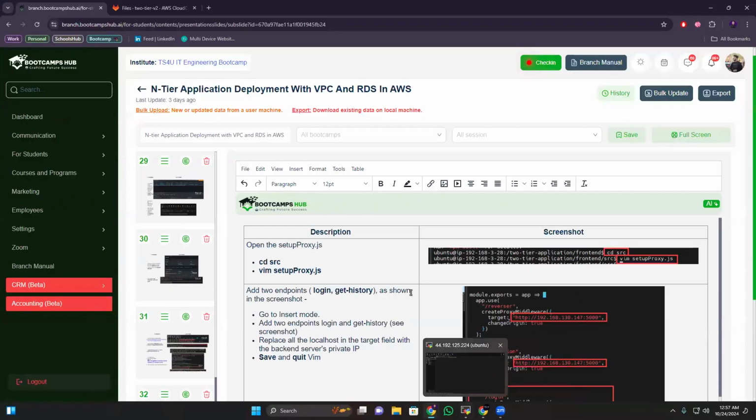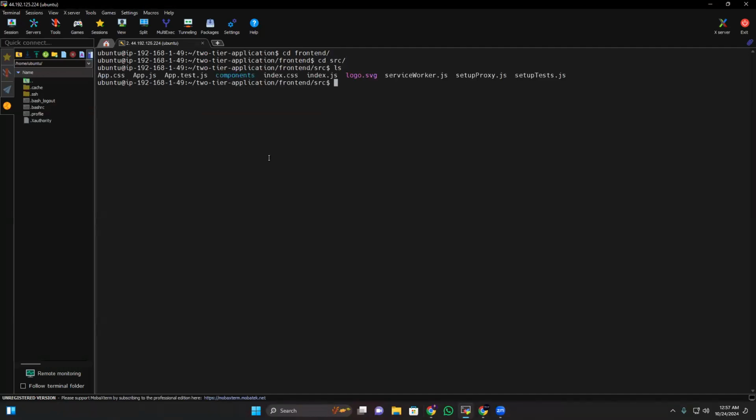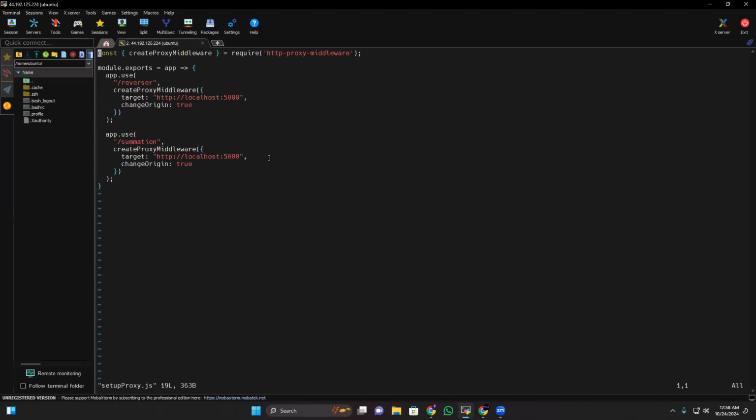So let's do that. Go here, then go to front end, then go to src. Use ls, there should be a setup proxy. So vim setup proxy.js. In here, see it's the localhost, like in the bare metal. So now I'm going to change it to